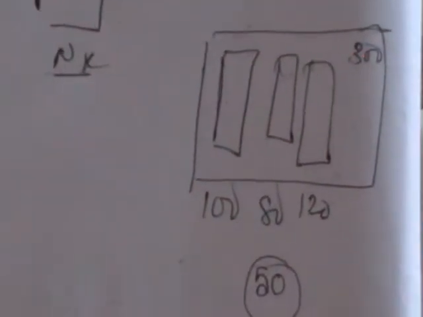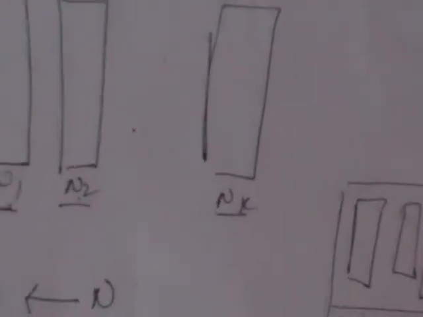Are you going to choose all the 50 units from the first stratum, all the 50 from the second, all the 50 from 120? How you are going to allocate the sample size to each is nothing but the question here. Got it, girls? You have a population of size capital N having different strata.